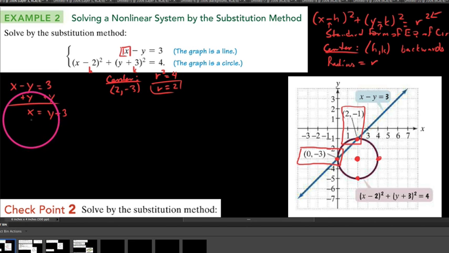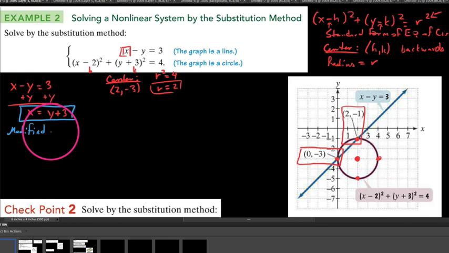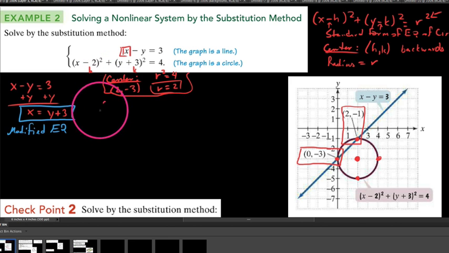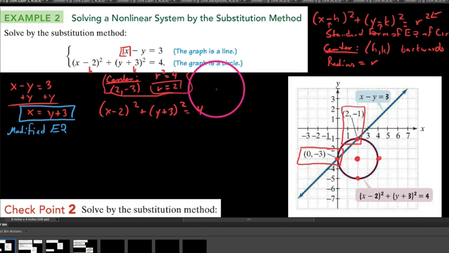Now I'm going to put a box around this. When I do the substitution method, I call this a modified equation. It's always nice because when you come back later to solve for x, you've already got x by itself. We're going to take this modified equation, and the rule is you plug the whole thing into the other equation. And here's what we need to be uber careful of. When we plug it into this equation, (x minus 2) quantity squared plus (y plus 3) quantity squared equals 4,